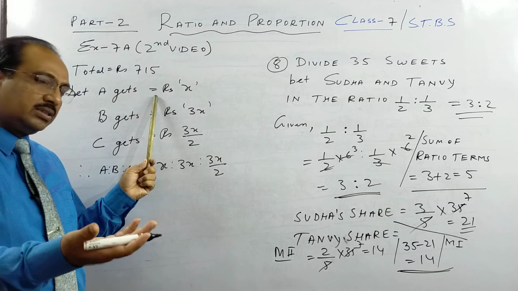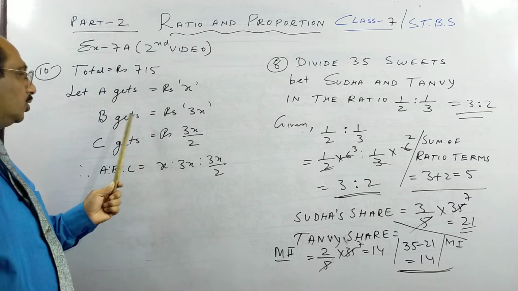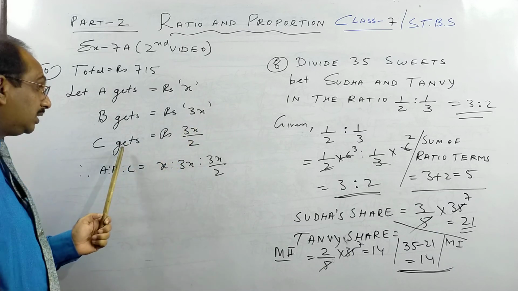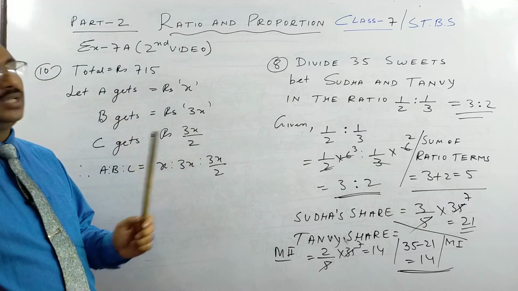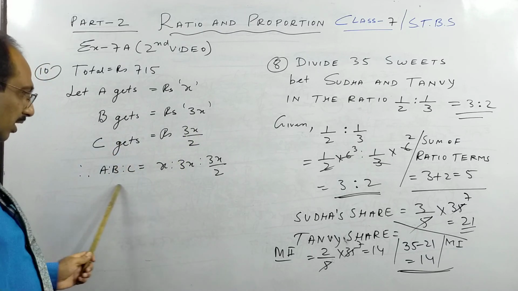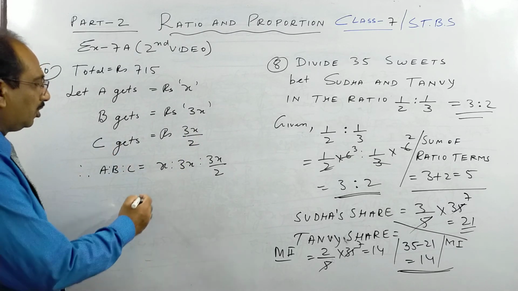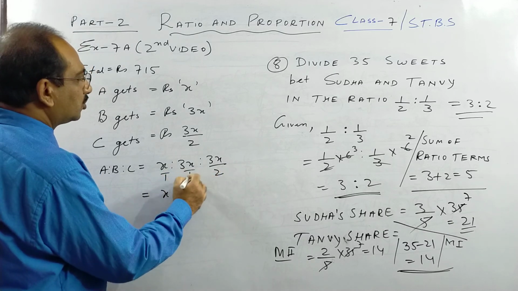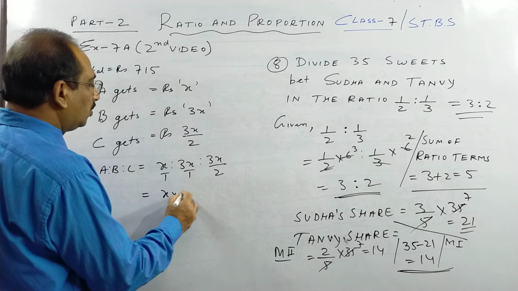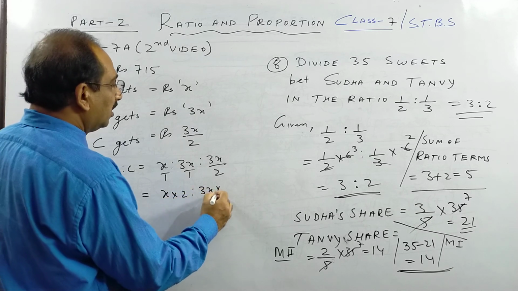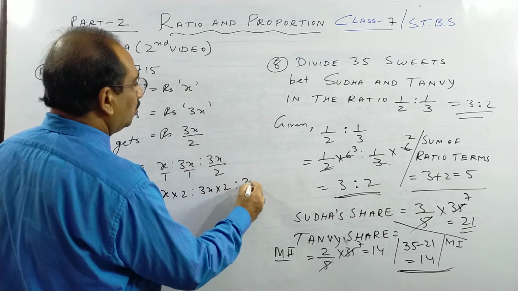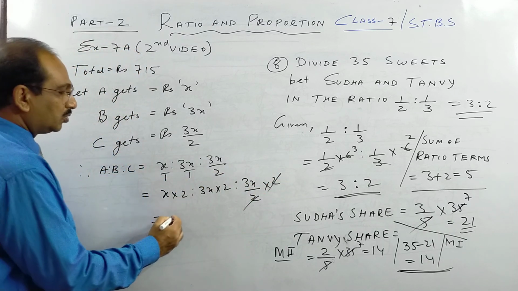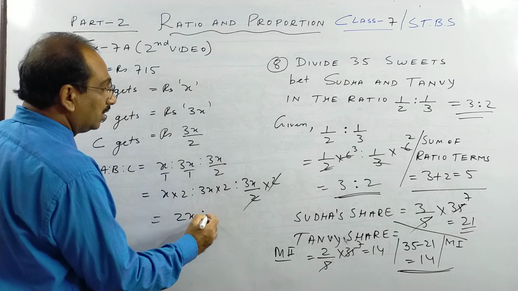So let A get x. B gets 3 times A, so B gets 3x. C gets half of B, so 3x by 2. So finally their ratio is this. As I have taught you, this denominator we can remove by taking the LCM. 1 is there, the LCM of 1 and 2 is 2. So each term we will multiply by 2 so that we get rid of this denominator. So ultimately it becomes 2x is to